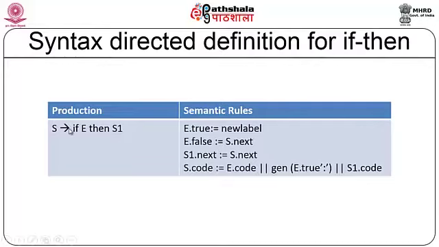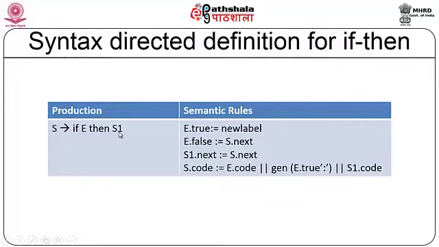Now, the statements will have a begin and a next. These are the two features of a statement. We are not concerned much about the begin statement here, rather we are concerned about the S dot next, that is the next statement. So, what should be evaluated after evaluating this statement, that is what we are trying to look at. So, here E dot false will be S dot next, meaning that if this expression is false, skip this, that is what we are trying to assign here as E dot false is equal to S dot next.